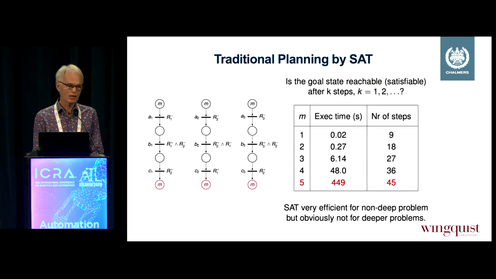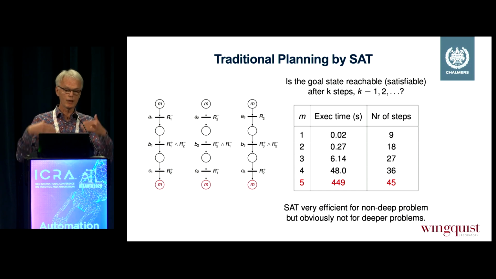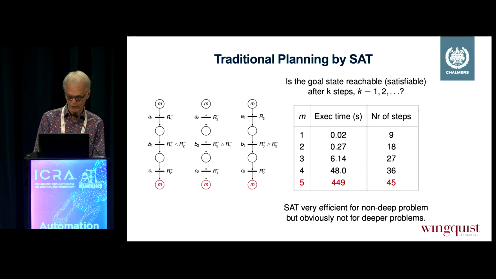In that case, it's simply that the SAT solver asks, okay, make 1 first transition. Have I reached the goal? If not, you try 1 more transition and ask, have I reached the final goal? And then you have to ask that question a couple of times until you have reached the goal, and then you have satisfied your goal expression.